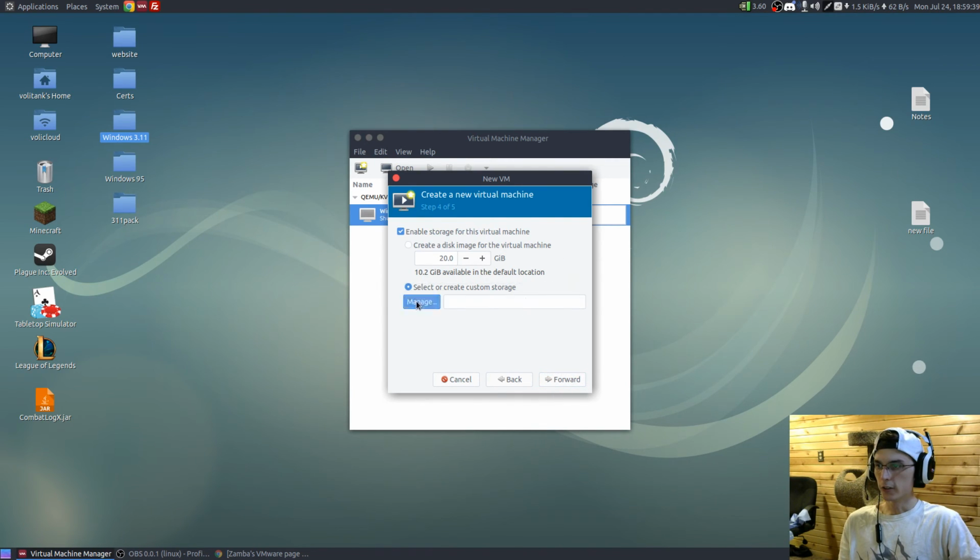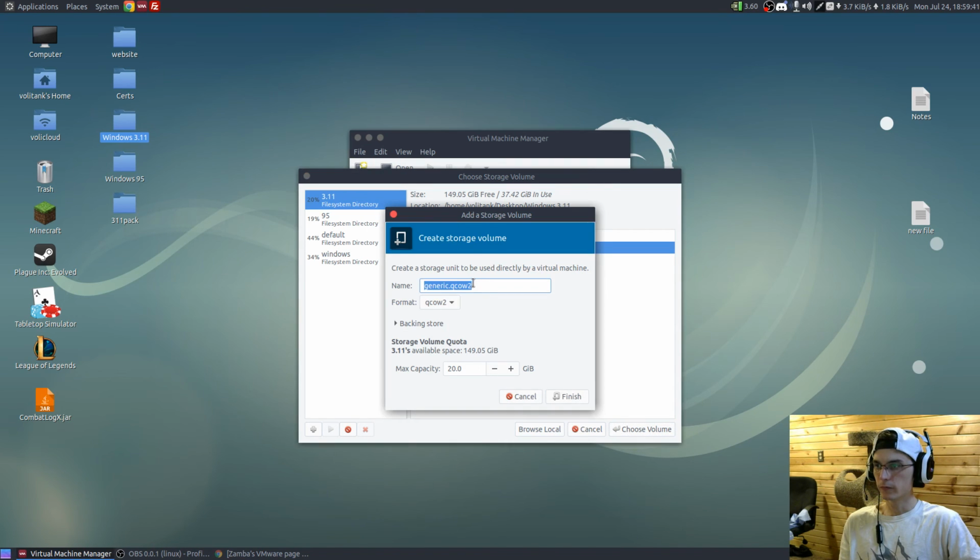And we want to select or create our own custom storage, which we're not going to name generic. We're going to name it Windows 3.11. We're going to make it 2 gigs. We're going to use QCOW2. You can use any of these if you want, VMDK for compatibility with VMware, or you can use RAW. QCOW2 is my favorite